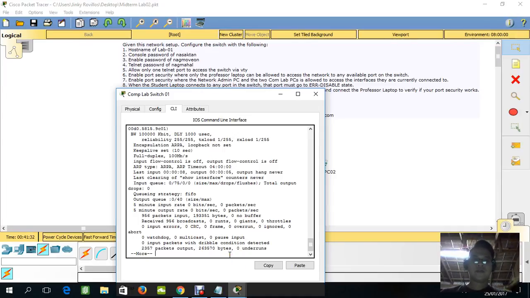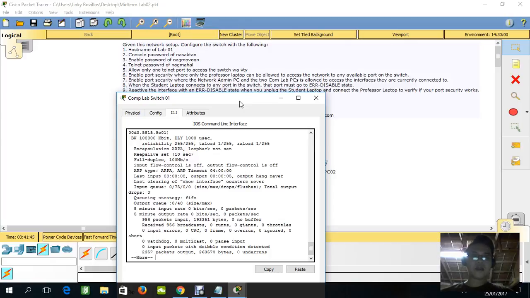It says that when the student laptop connects to any port in the switch, that port must go to error disable state. The next one is problem number 9: reactivate the interface in error disable state when you unplug the student laptop and connect the professor laptop, to verify that your port security works.